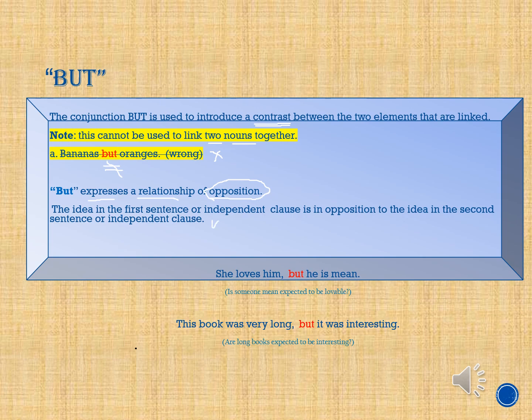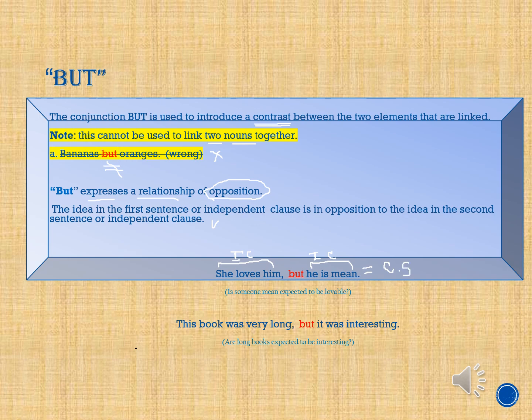I have two examples. She loves him, comma, but he is mean. So she loves him is my first clause, my independent clause, and she is my subject, loves is my verb. Then I have a comma, my coordinating conjunction, and my second independent clause. He is my subject, is my verb, mean is an adjective. Okay, so